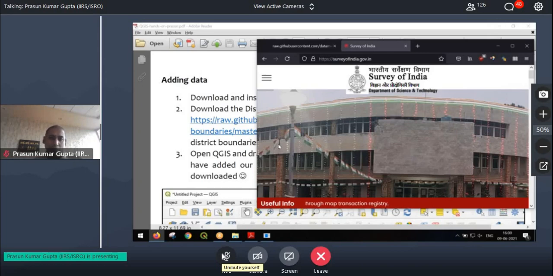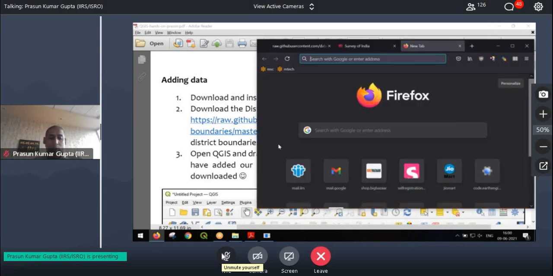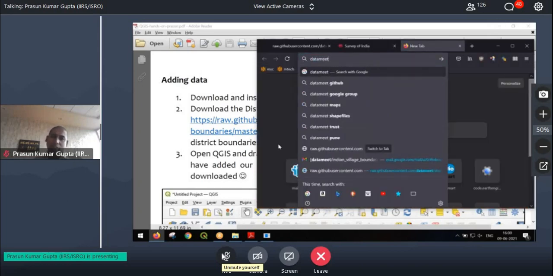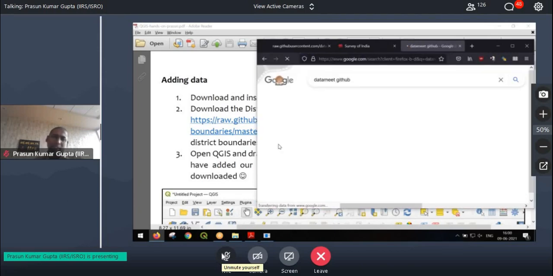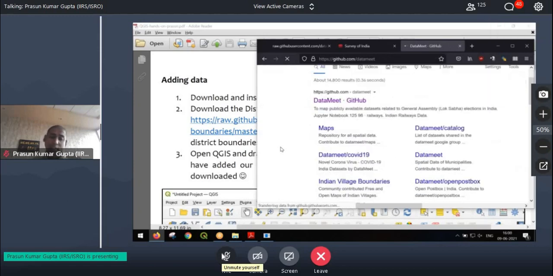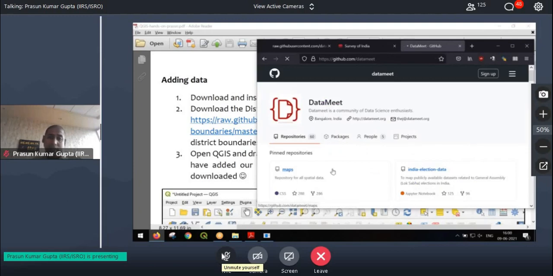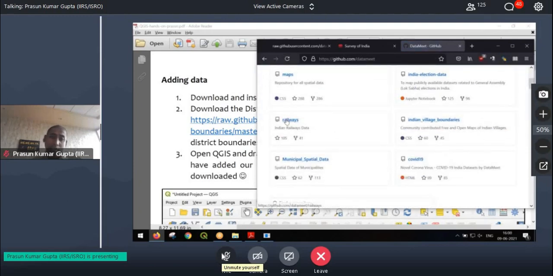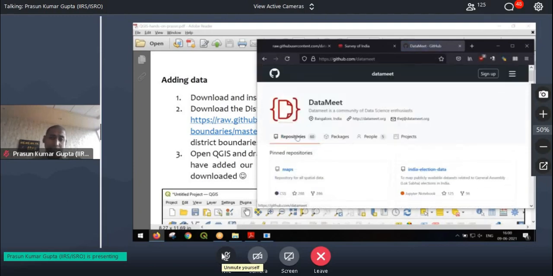There's an NGO called DataMeet which makes shape files for different things, like for states or districts, and village boundaries in some cases, railway line data. A lot of data they are making for free and putting it here. You can obviously take it from here. It is free of cost. You don't even need to log in.